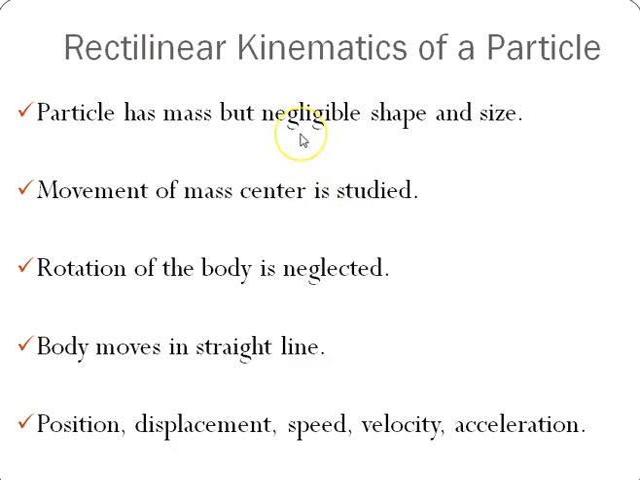The object may be very big. For example, while studying planetary motions, one may consider Earth or Moon or Jupiter to be a particle of negligible shape and size. That doesn't mean that Earth is very small. Of course, it is small as compared to galactic dimensions, but what we essentially mean is the shape and size are of no consequence. Another thing that we need to note is when you neglect the shape and size and consider only movement of the mass center, we won't study